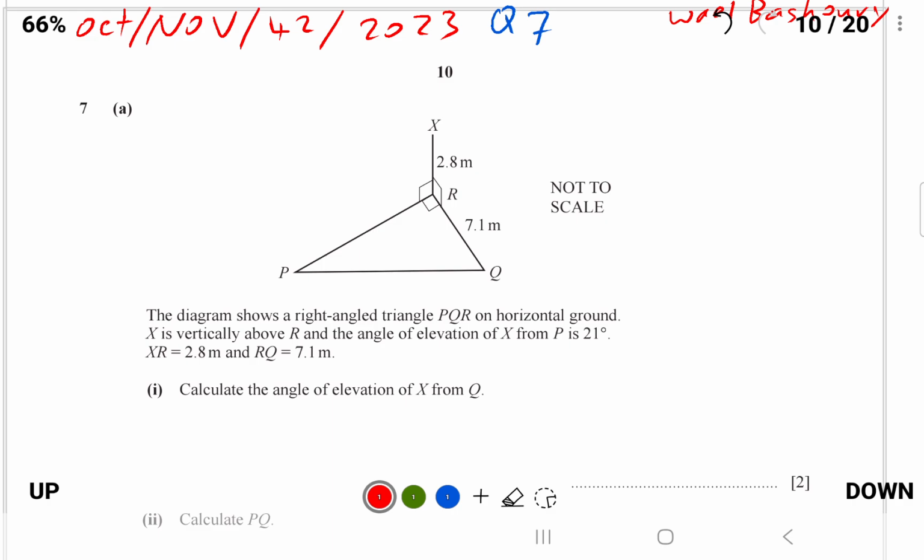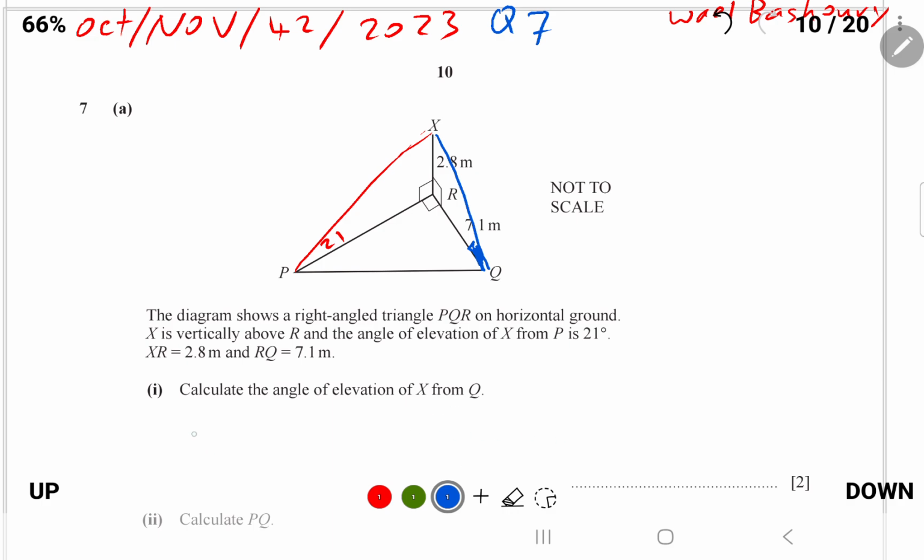And the angle of elevation of X from P is 21, which means here if you draw this line like this, angle will be 21. Calculate the angle of elevation of X from Q. X from Q means you draw this line and you have to find this angle here. To do that, we can use the right angle triangle